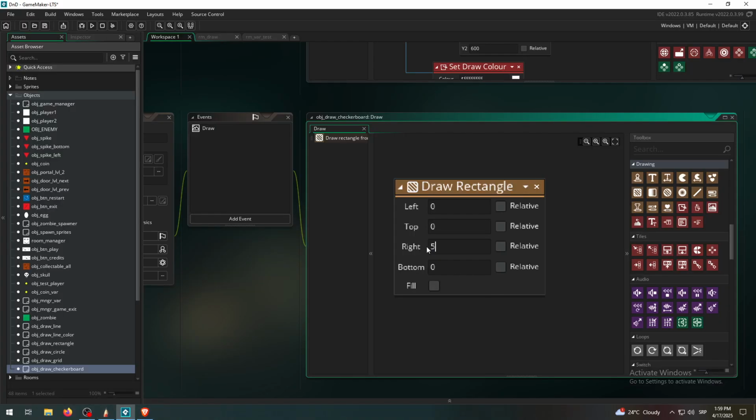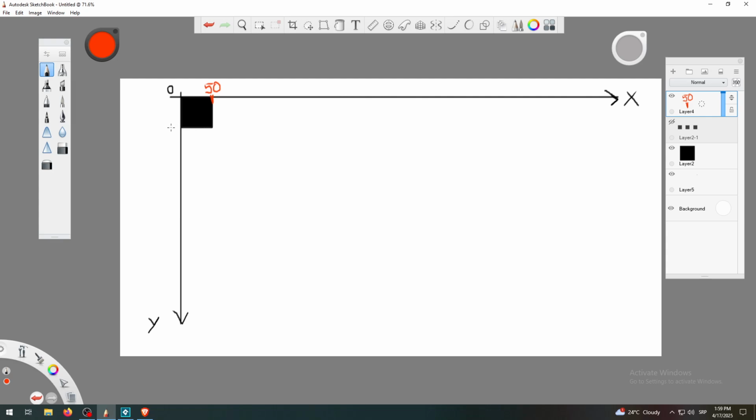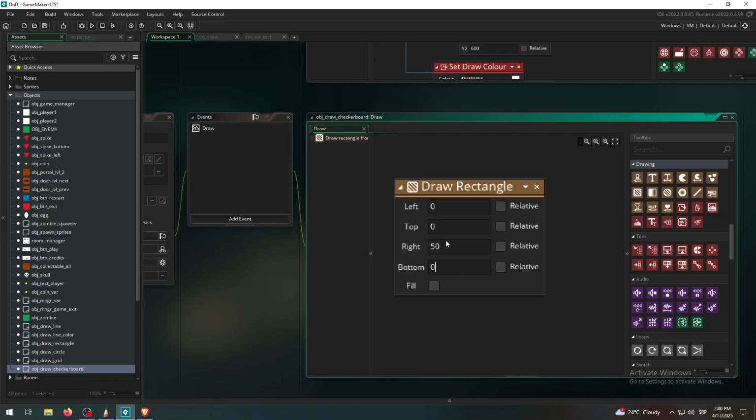Right is 50 and my bottom is same as the first, 50. And again, because I want this shape to be square, I'm using 50-50. If you want it, for example, to be rectangle, you can use 150 or 50 and 100 to make it larger on one position. I don't want to do that. I want just to go with 50 on the right and 50 on the bottom, and I think it will